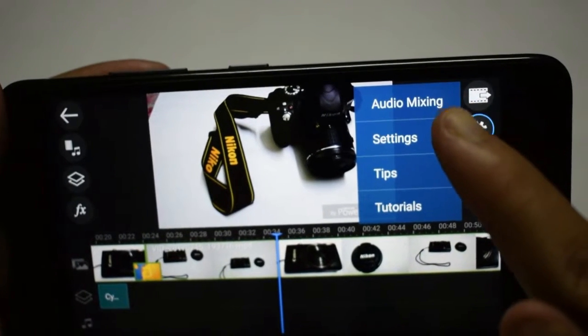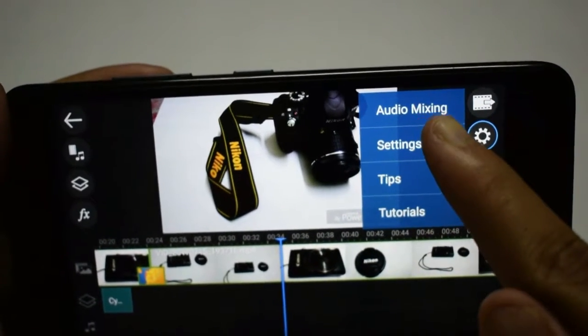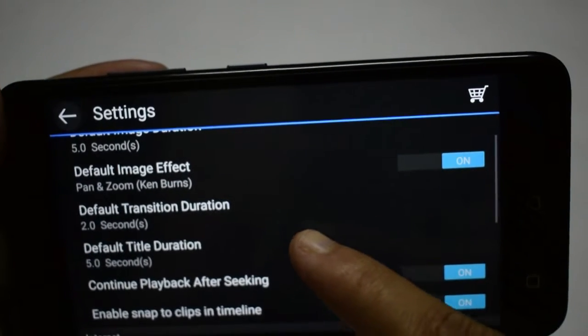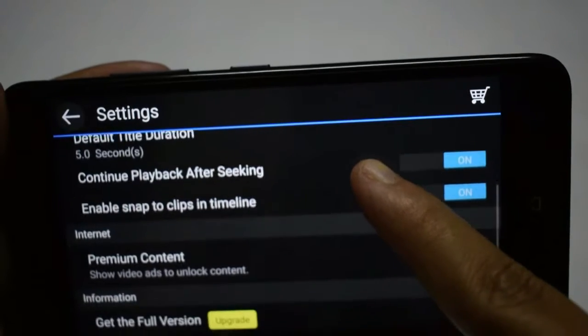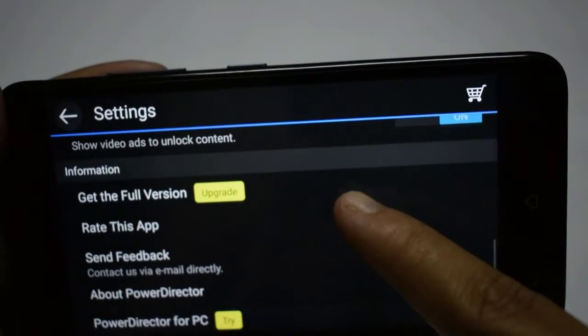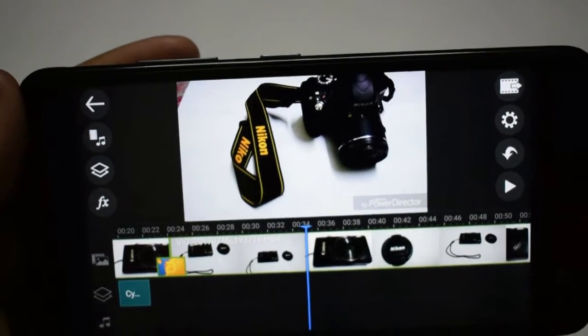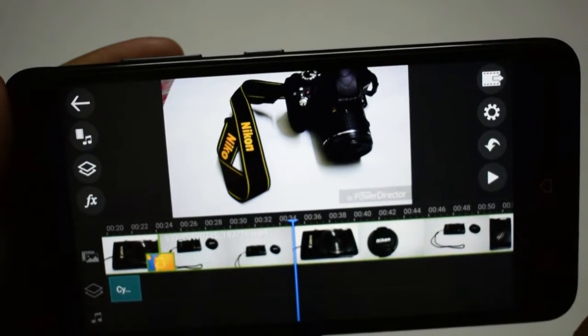Now you have the settings where you have all those options that you can control, like the default image storage, the default image effects, and all those things will be controlled from this particular page. Click on this back arrow to go back to the editing screen, and if you're ready with all those footages,